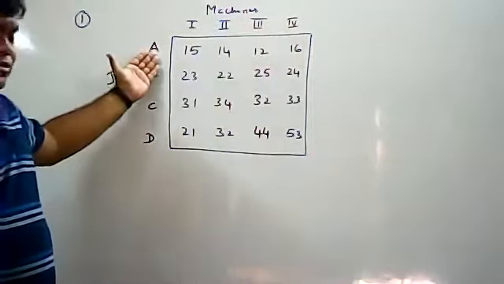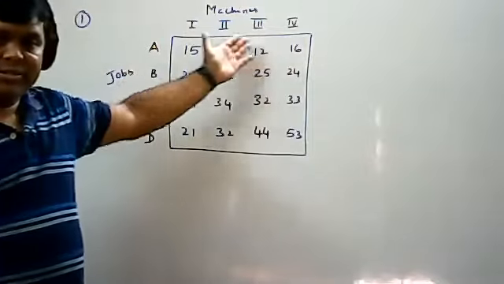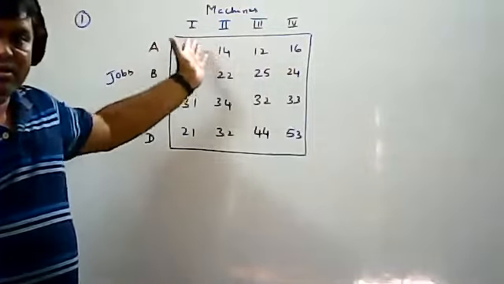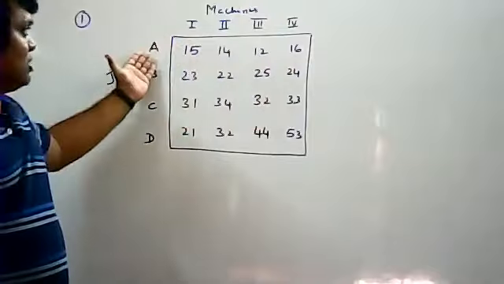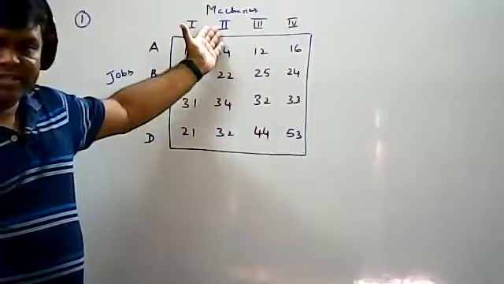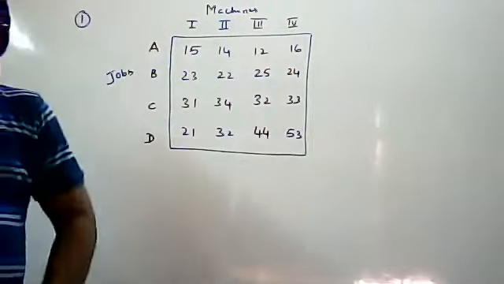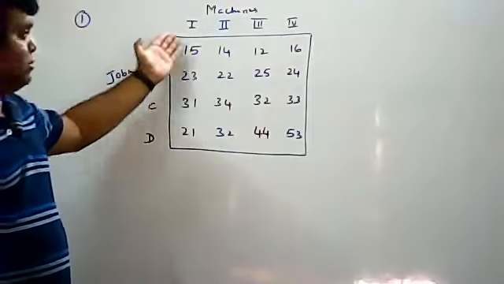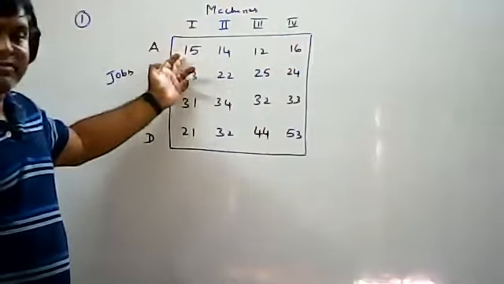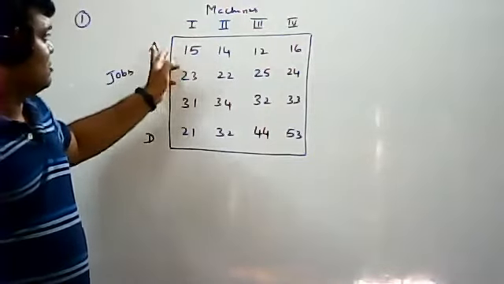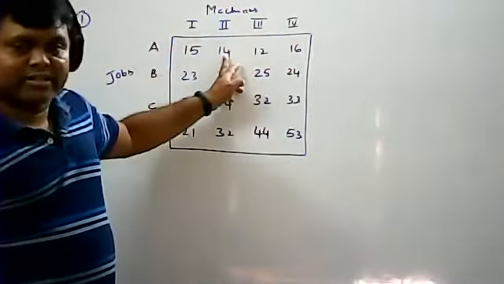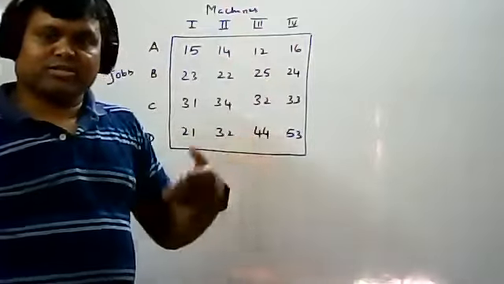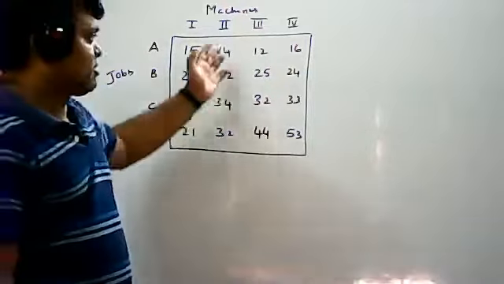So each job should go through all the machines. At a time you cannot start all the jobs on the same machine. So one job to only one machine. Okay, so you have to identify. These are the costs. Suppose job A, machine 1, how much cost is required? 15 is required. Cost is 15. Job A, machine 2, 14. Whether it is given in rupees or thousands of rupees, whatever it may be, these costs are given.